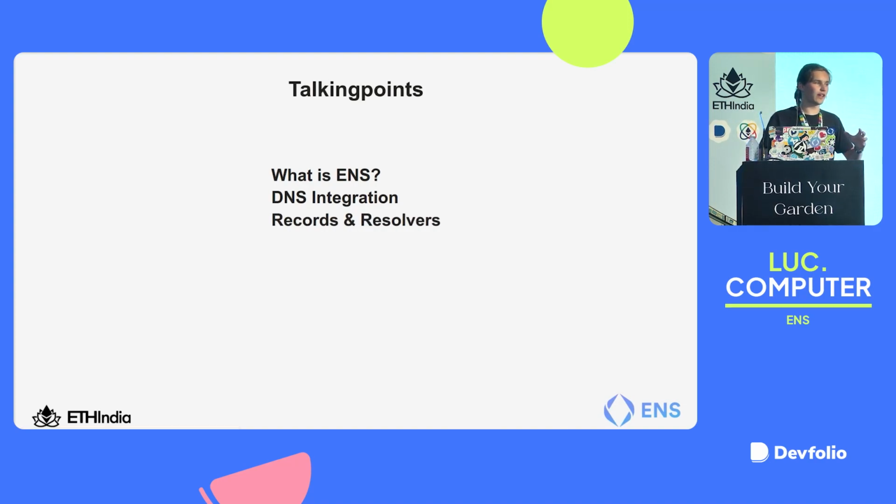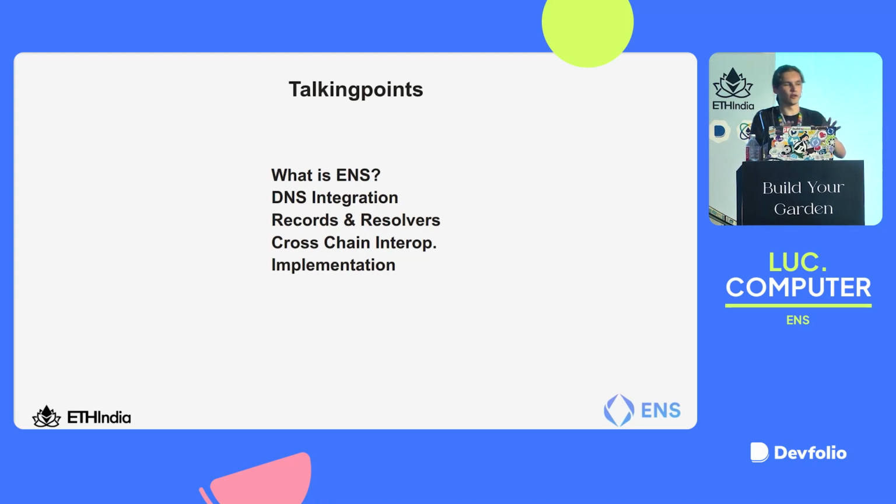Records and resolvers and the ability to custom program your ENS name and your avatar and all your records, subdomains, and a whole ton more cool stuff. Cross-chain interoperability, the ability to have stuff on other chains, off-chain, and have your toaster control your computer. How to implement all of the above? Well, not in detail because we have a limited amount of time, but if you want to know more, you can always ask me. And how to get your first ENS.